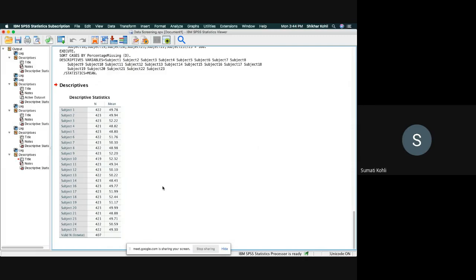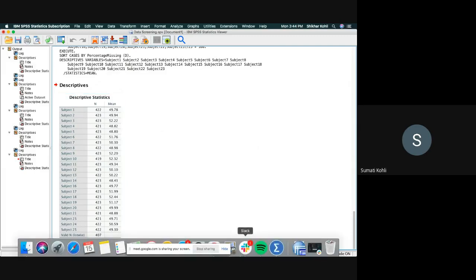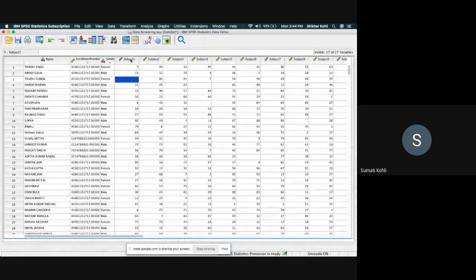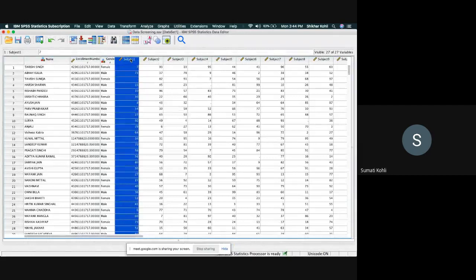And now you guys very well know what we have to do. We have to pick up each of the means of the subjects and we have to insert it in the various blank cells. So let us do it for subject number 1. I will demonstrate it to you and then you guys can fill it up for all the other subjects yourselves. Okay. So subject number 1, the mean is 49.78. So let's go back. How do I search for the missing values? In the same way we did find and replace, right?